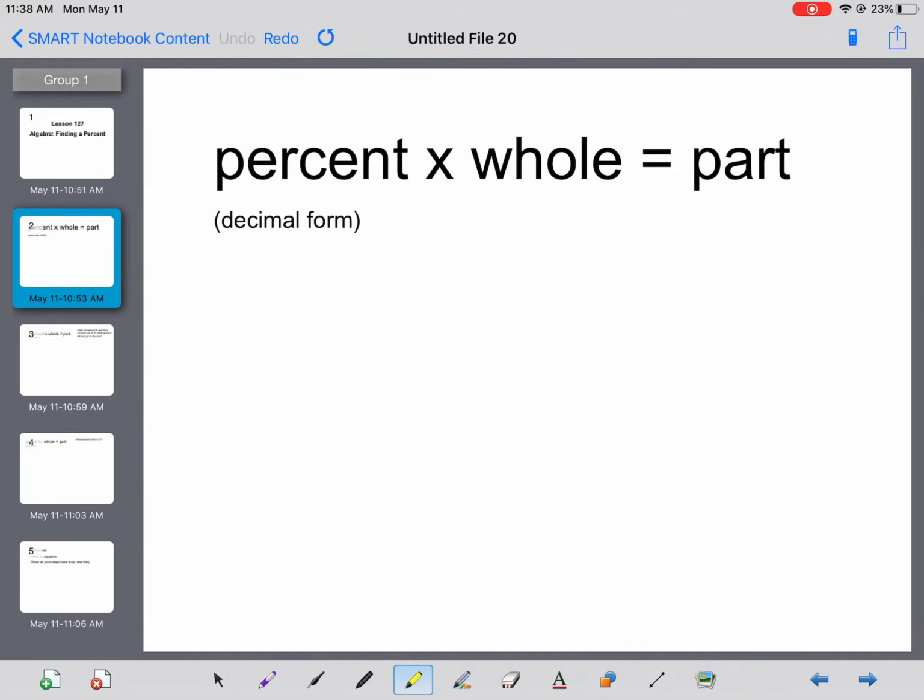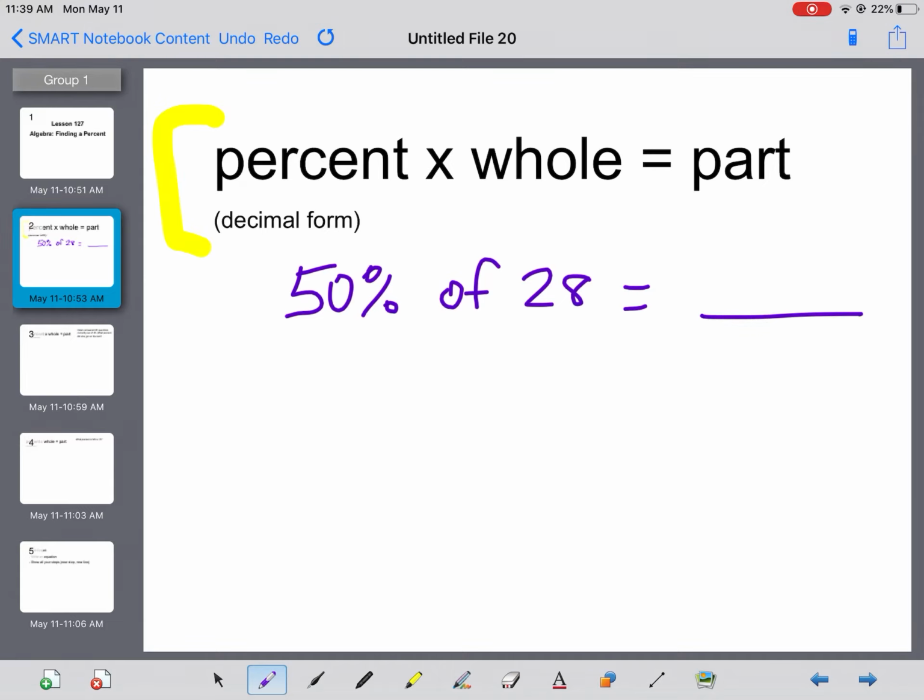The last lesson that we looked at, lesson 125, we used this equation, percent times whole equals part, to find the percent of a number. One of the examples was, what is 50% of 28? And you had to figure out what the missing number was. So we knew what the percent was, we knew what the whole or the total amount was, but we were